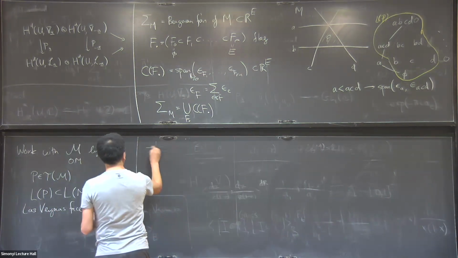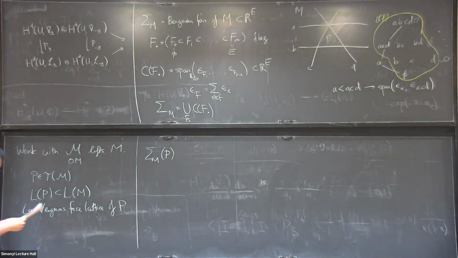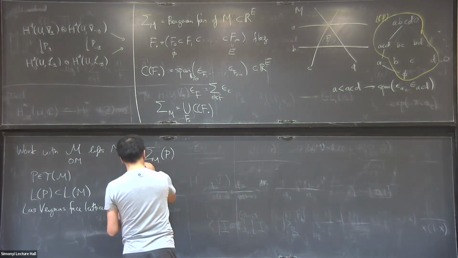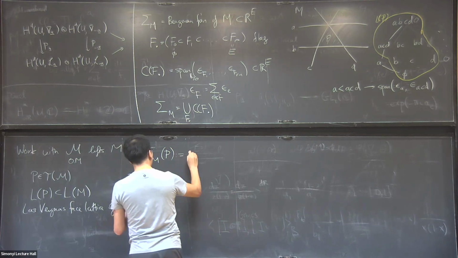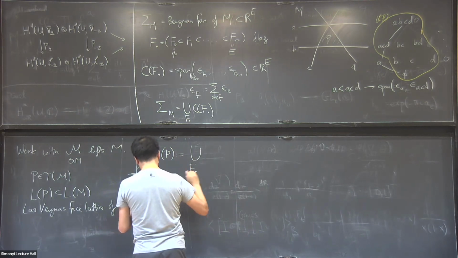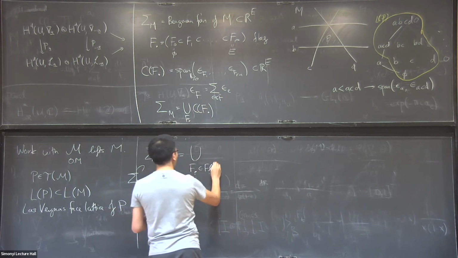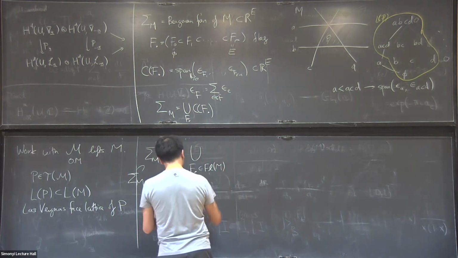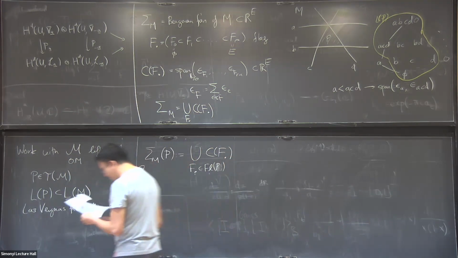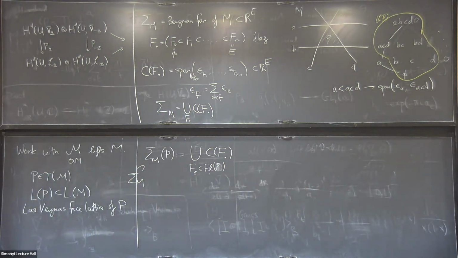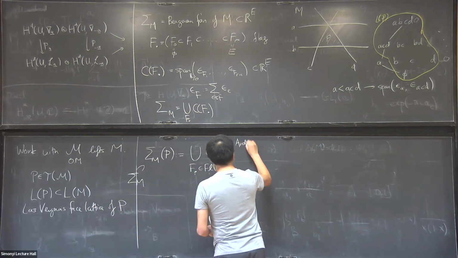And so inside the Bergman fan, there's a piece that corresponds to just taking flags. This is defined to be the union of all flags. Now, instead of taking flags of the matroid, I take flags that are inside the sublattice in P, and I take the corresponding cones and also all the subcones and so on. So this was studied in some version of the language by